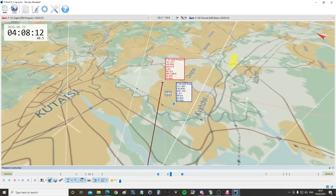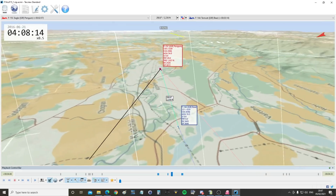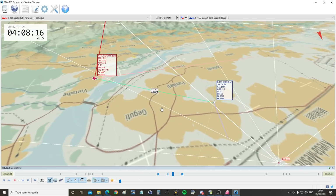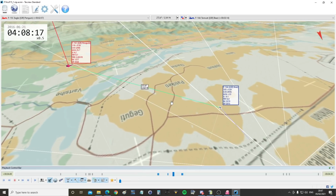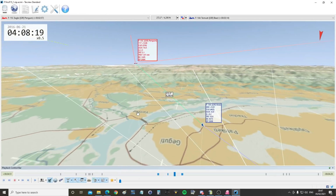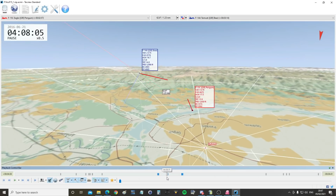Oh, we just missed. And he's going to get on a 6 from that pretty easily, I think. And he has. Only thing the Tomcat's got is a lot of speed over the F-15. And the F-15 appears to... Oh, he's dead. That's why. Right. It was dead. Simple as that. Must have hit him. It was just a solid thrashing. It was fair. It was equal until...